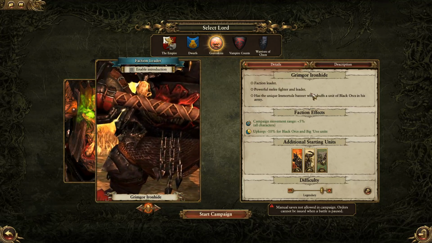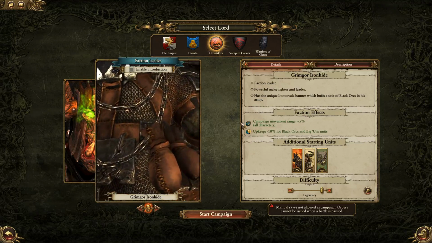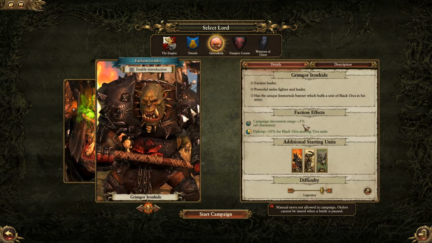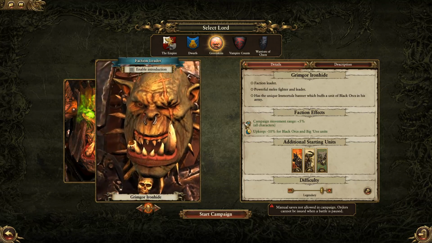But here's the kicker. Look at these faction effects. This is so crazy. You get 5% extra movement range. That doesn't sound like much. That is massive. Campaign movement range is probably the best stat in the game because it lets you